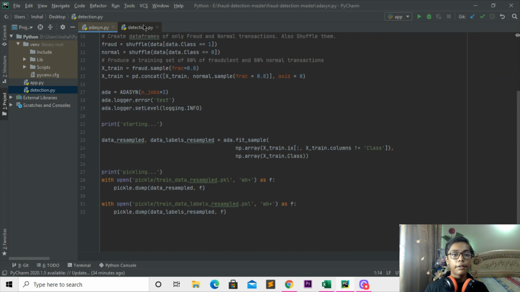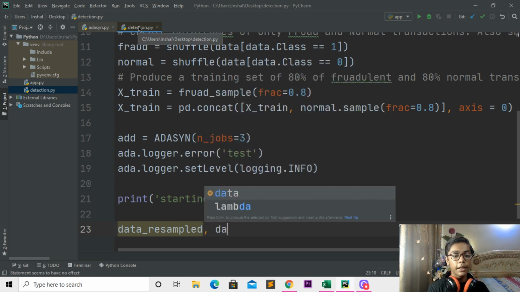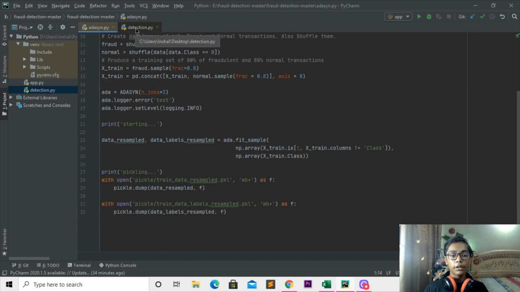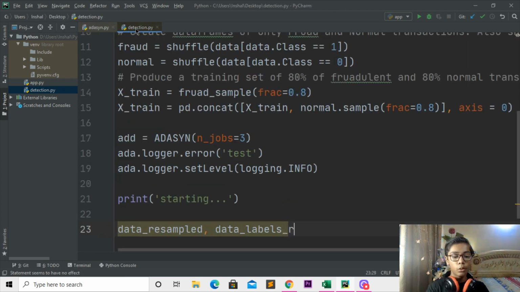So you can see we have done that. Then I'll write data, and moving to this file, I'll write data labels. Connect that here, and we are done with that. I'll move on to this file and write that to